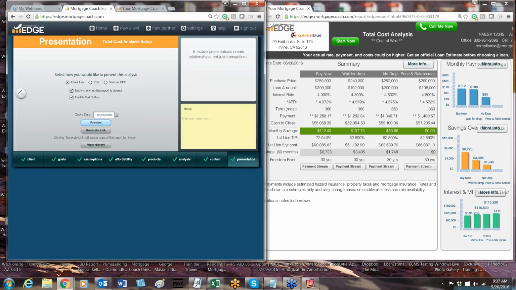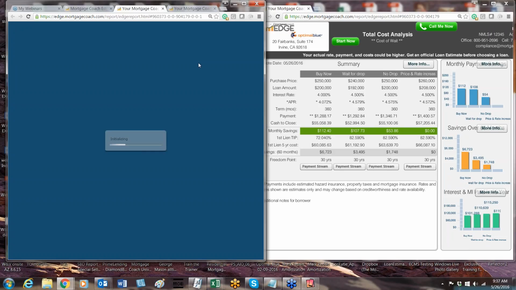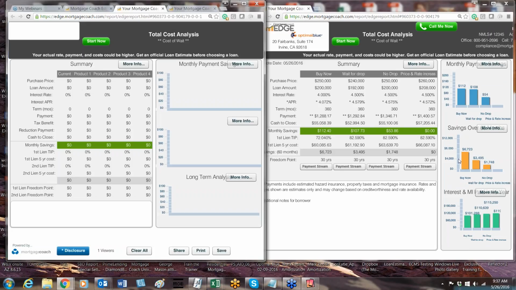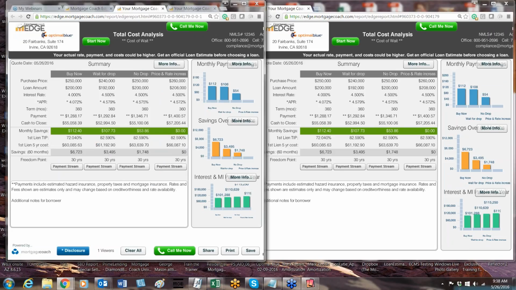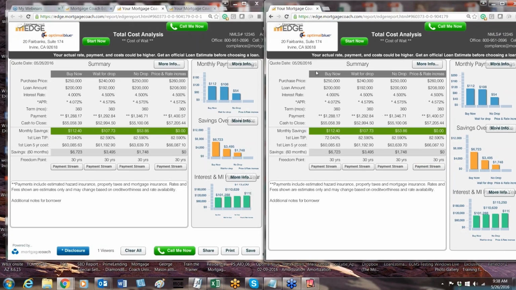And let's go ahead and do preview. Let's get my preview. Okay. It's a little shrunk on the right-hand side. Okay, so the difference between the two: the right-hand side is the borrower's copy. The left-hand side is the loan officer's copy. And with that,